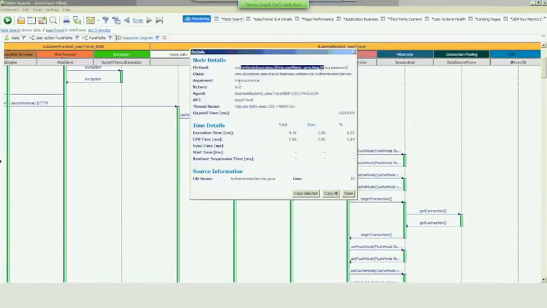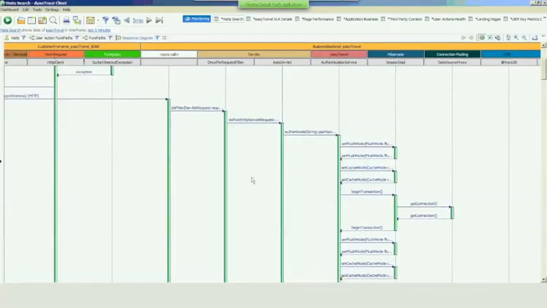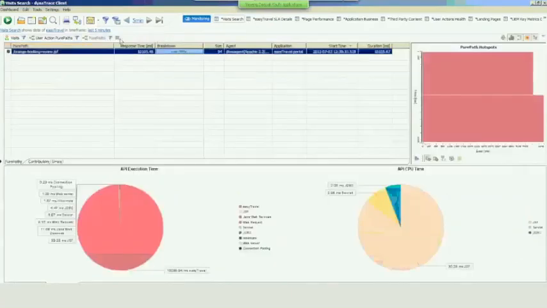So this is not only a sequence diagram which is developed on the fly, but also with intelligent information to see what values were associated with that particular transaction in real time, and quickly identify problems in the application and fix it. So this is the real value of what you can achieve from Dynatrace.